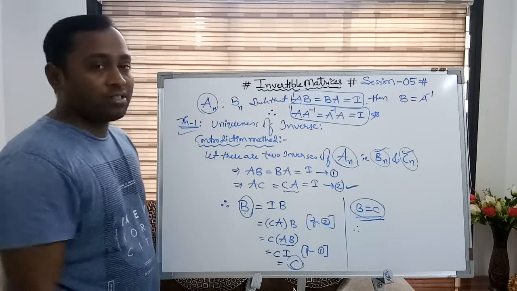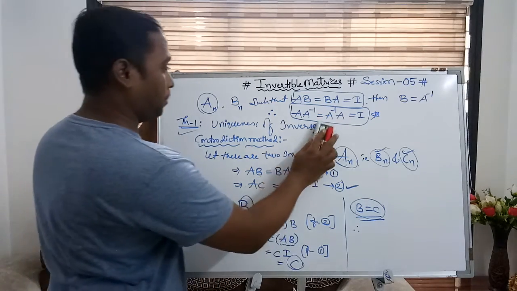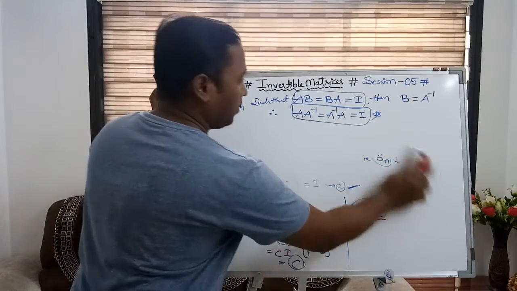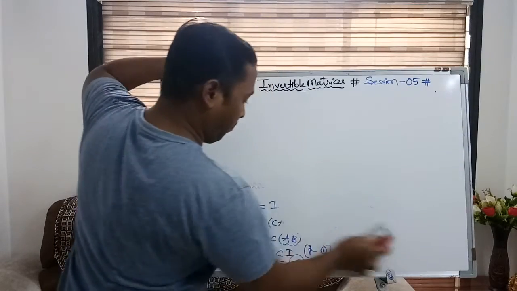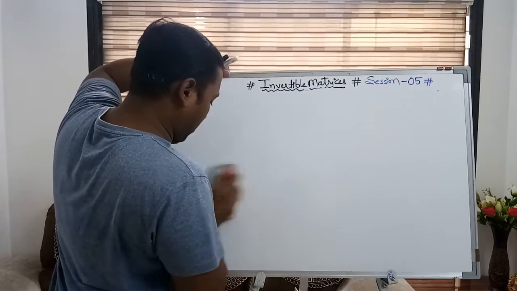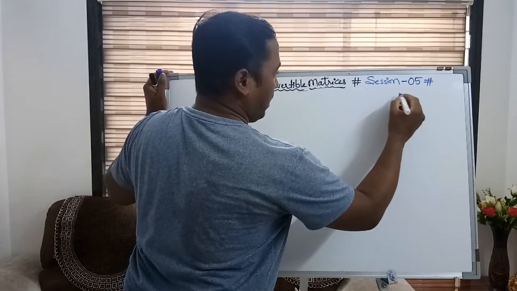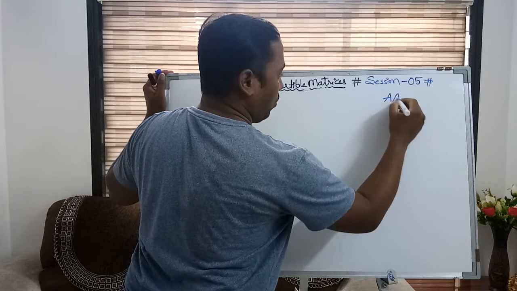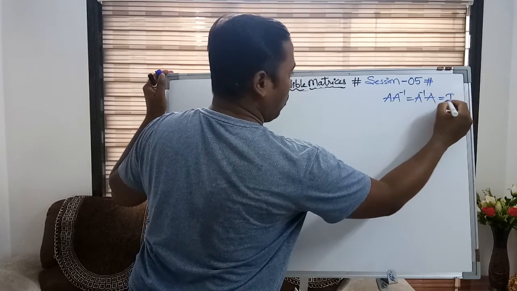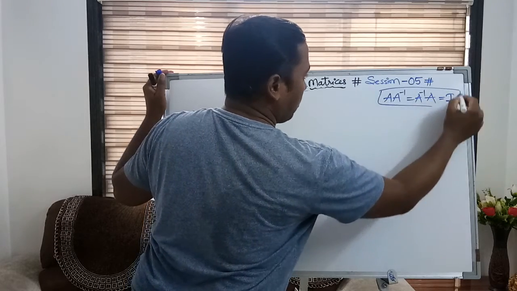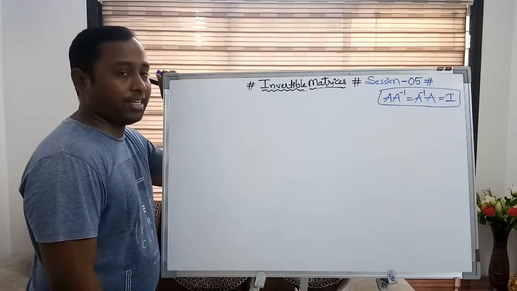Fine. So the first theorem is done. Now move to the second important theorem. Now, I am writing a standard result. If the inverse exists, then A into A inverse is equal to A inverse into A is equal to I. This is an important result which we have discussed from the definition, and the inverse is unique in nature.